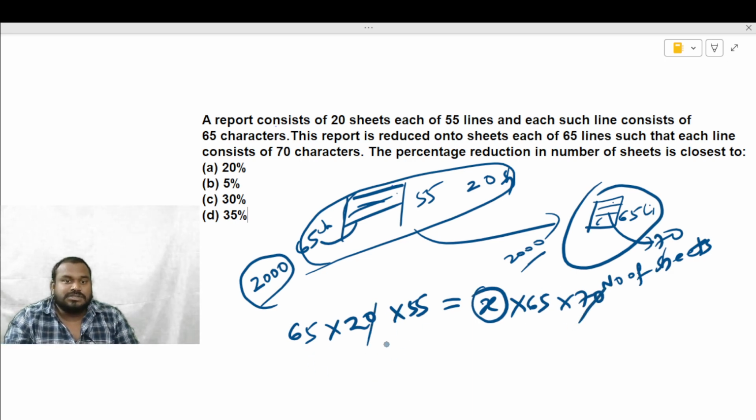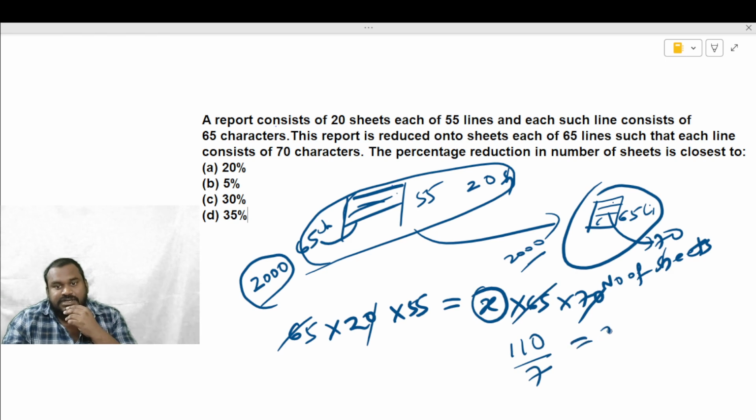The 0 and 0 get cancelled. 65 and 65 get cancelled. 55 twos are 110, by 7, equal to x. 7 ones are 7, 4 on the 40 is remaining. 7 fives are 35, point 5. 7 sevens are 49. So